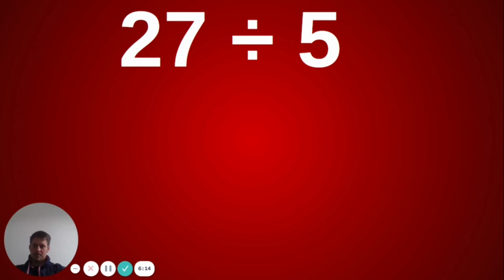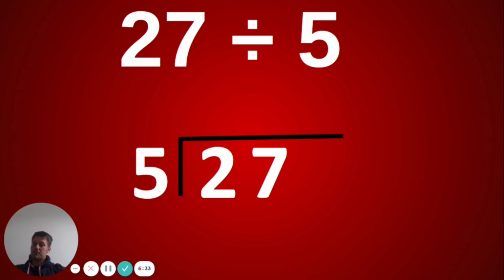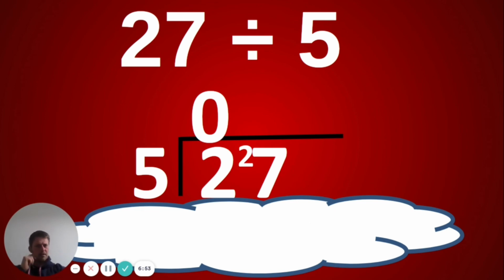Now, for our next one, we're going to introduce something slightly different. It's exactly the same method, but we're going to just introduce another stage. So we're going to go 27 divided by 5. So same thing again, the 27 goes inside the bus stop, and the 5 goes on the outside. We're making groups of 5. So how many groups of 5 can you make out of 2? You can't make any. So it's a 0 on top, and you take the 2 across. How many groups of 5 can you make from 27? Well, 5 times 5 is 25, but you've got 2 left over. So you can write your 5 on top,